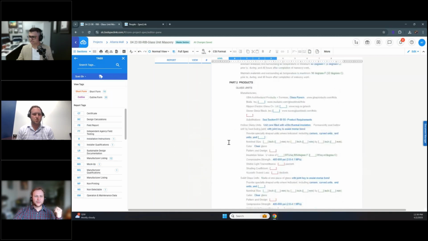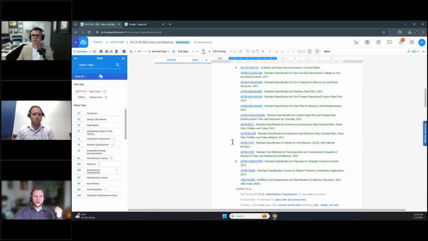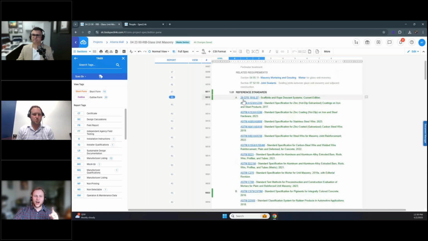So scrolling back up to our reference standards, and there it is, 29 CFR, automatically added to the reference standard, automatically linked because it's an active paragraph, and there is the new tag. Now that new tag right there is why I showed the reference standards first, because we automatically got a blue tag here. That blue tag is the same reference text segment tag, pretty much showing what is a reference standard. It is the same tag as the rest of these, but it is that nice little